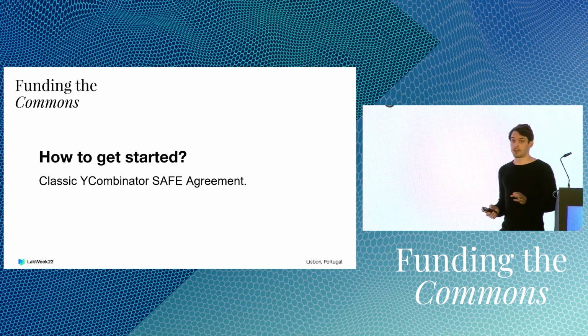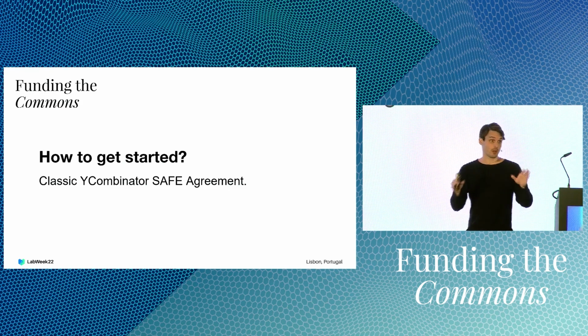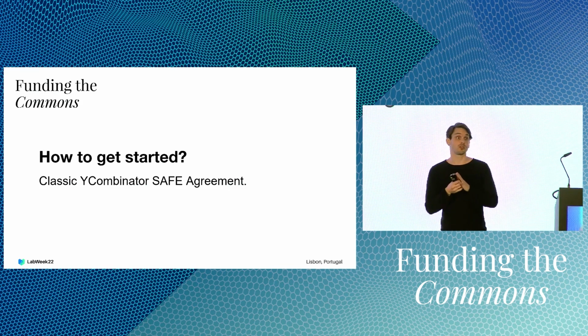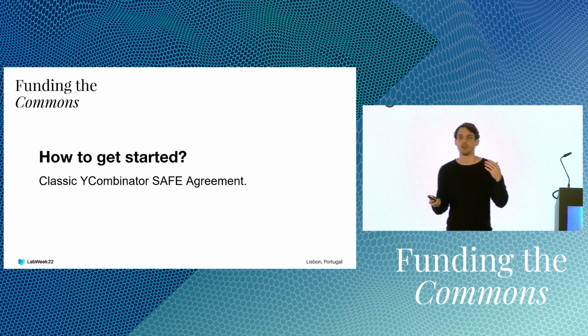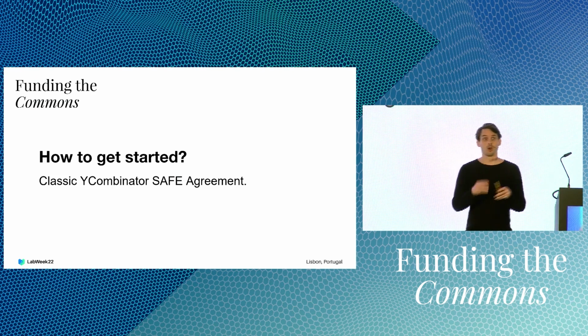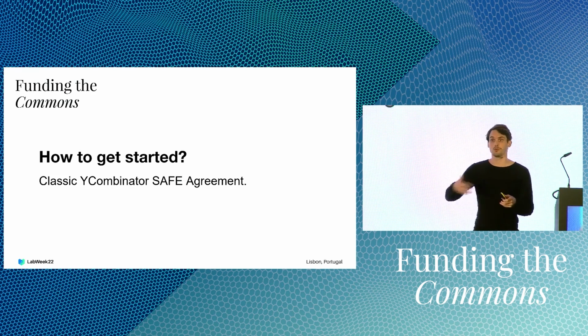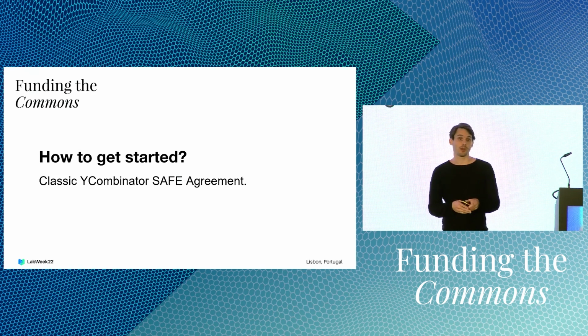And what's also really nice about this approach is that if you want to get started with something like that, you can just start with a classic SAFE agreement. If you're familiar with this, Y Combinator developed this legal agreement a couple of years back that makes it really easy for early stage companies to raise funding from investors, because they don't need to deal with the question of how much a company is valued at a time when this is a very difficult question to answer. And so we actually raised just with a SAFE. And we can continue raising with a SAFE until we do implement the redeemable equity structures.